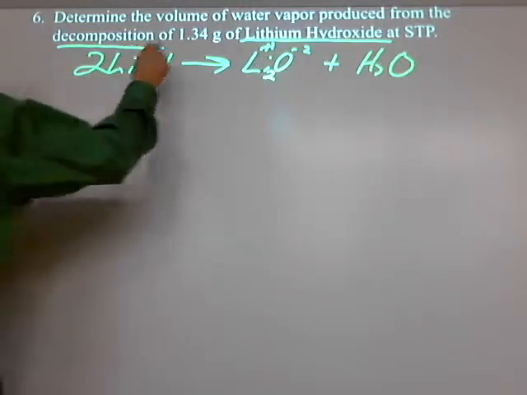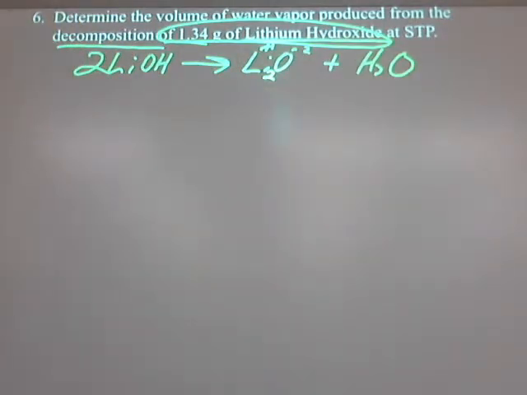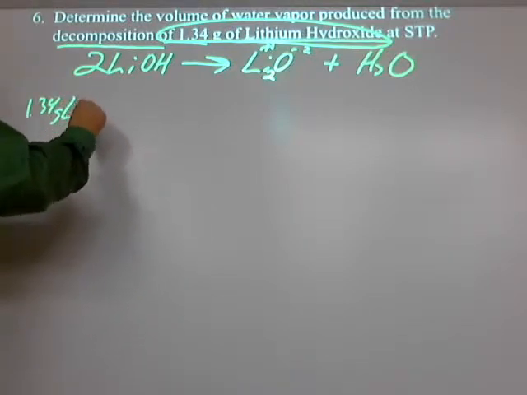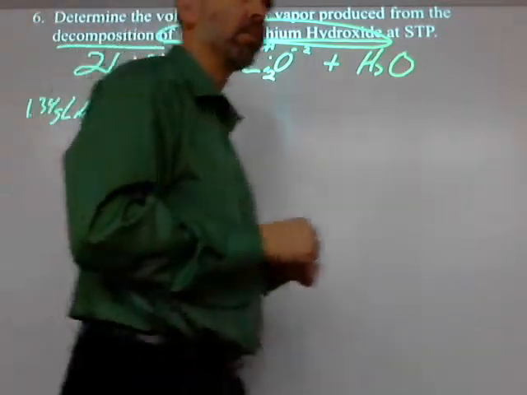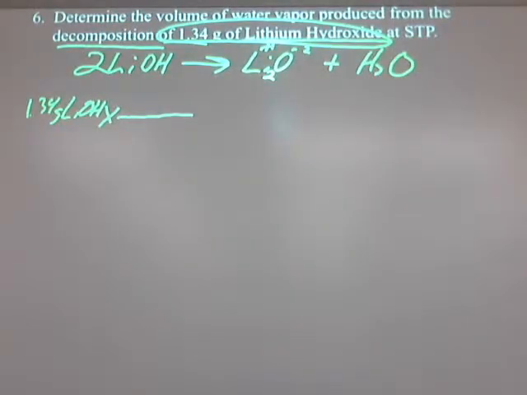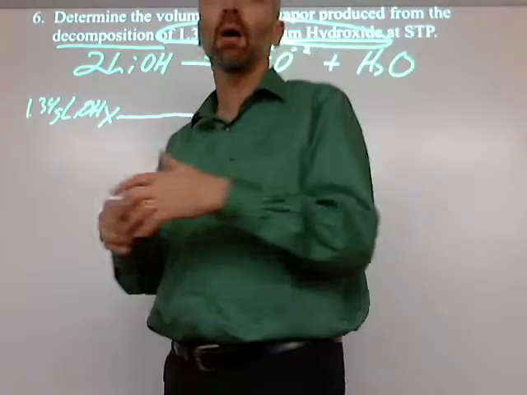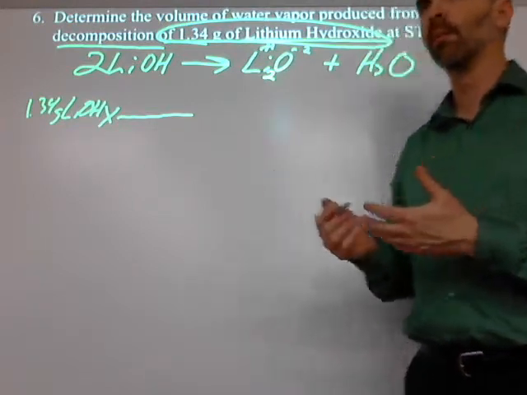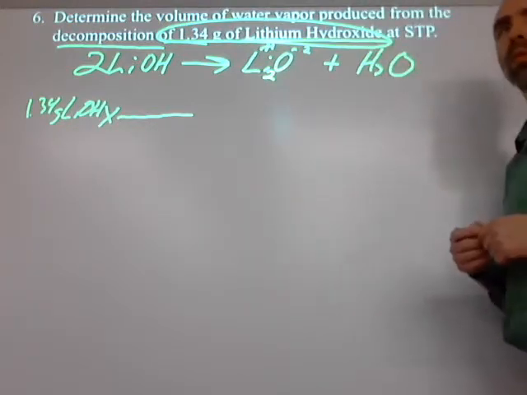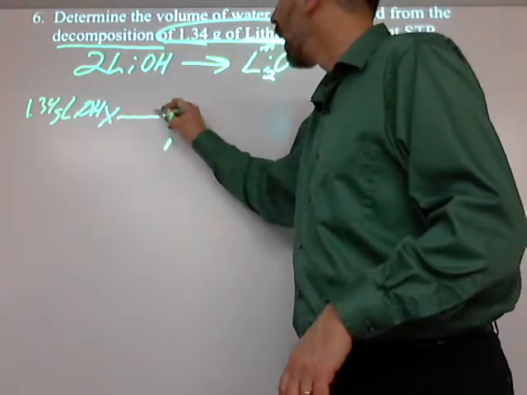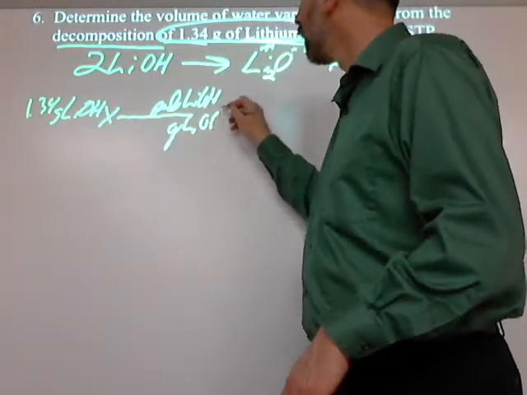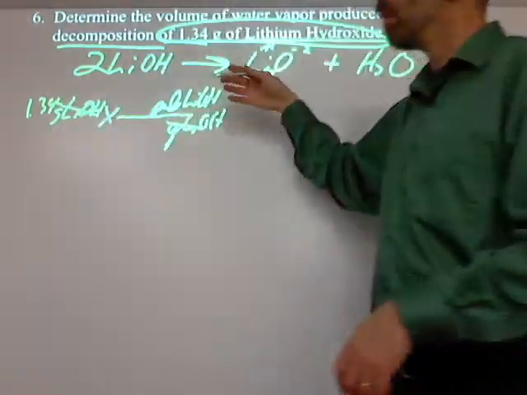The second time I look up, I got that. 1.34 grams of lithium hydroxide starts my conversion. I want to write small, 1.34 grams LiOH, beginning my conversions. What's going to go on the bottom? Well, I know my goal in stoichiometry by now, I hope you all know, especially after the lab just yesterday. By now you know the goal is moles to moles. I want to get out of the moles that I have and into the moles that I want. So I'm not in moles, I'm in grams. So I write grams on the bottom and moles on the top, and I convert my grams to moles